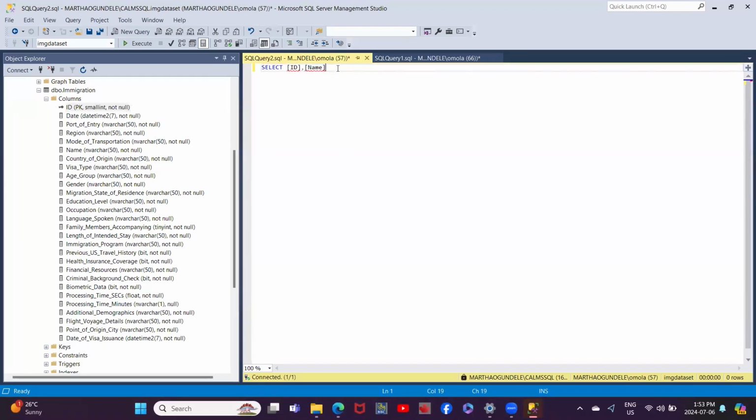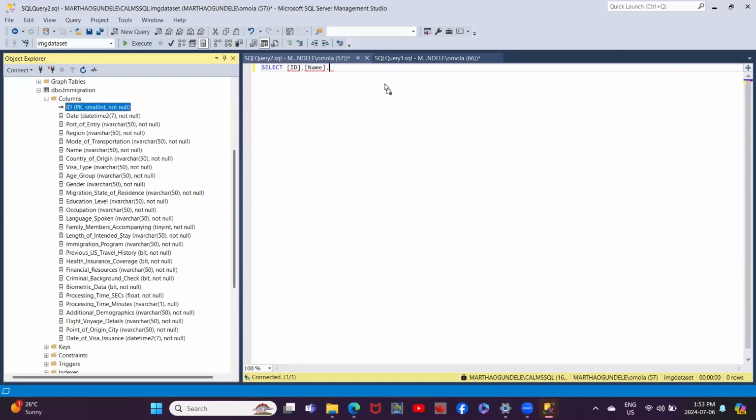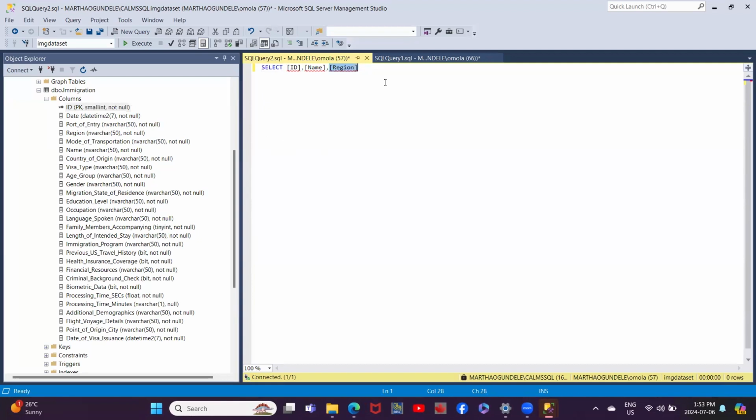And I'll put a comma here, and I also want to know the region they are coming from, and their port of entry. Separate this by comma,